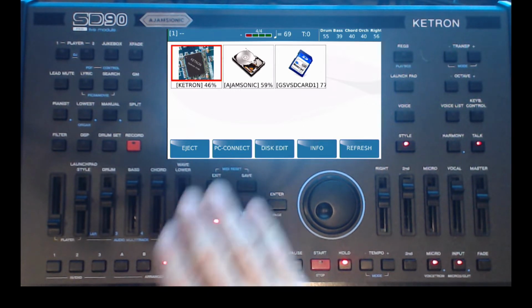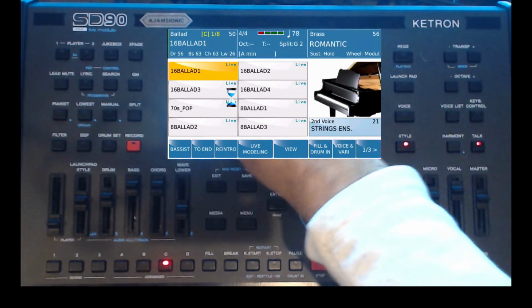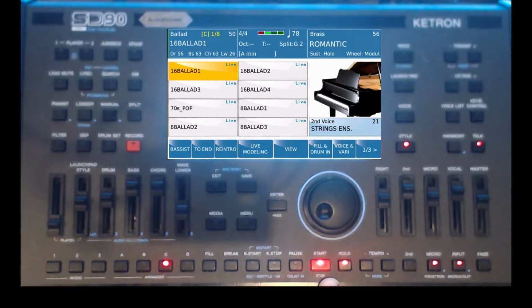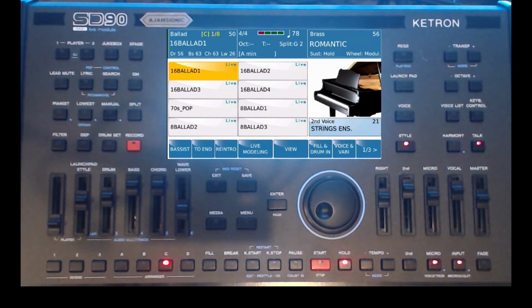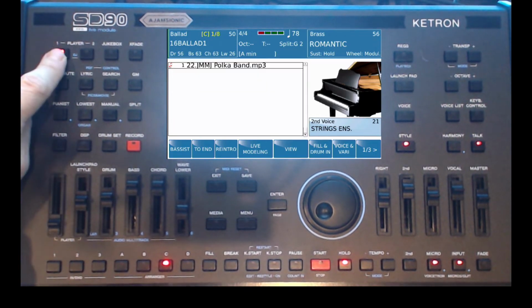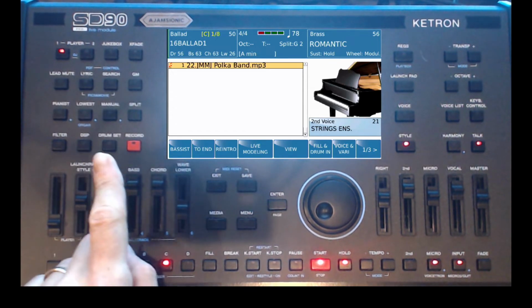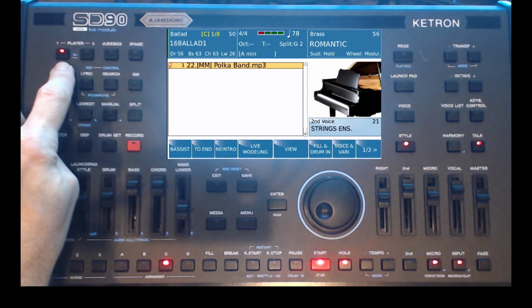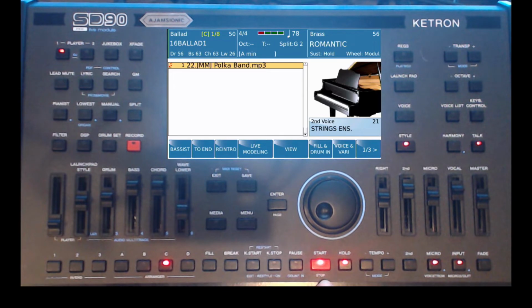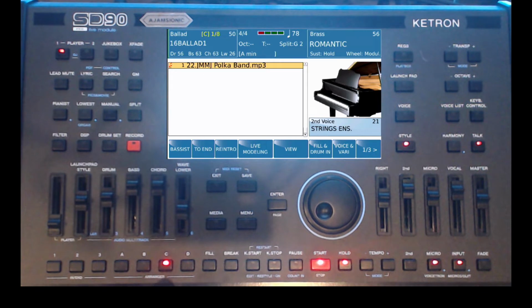And the other one comes from when you play styles. So if I were to play a style, let's go ahead and pick a style. I'll pick 16 ballad, and I play it, and it plays fine, right? But let's say I want to also load an MP3. So I press player 1, and I'm going to go ahead and load this MP3. Now, the player 1 light is lit. And that means that I'm allowed to start this because player 1 is the active context for which my panel controls function, right? So if I press play,